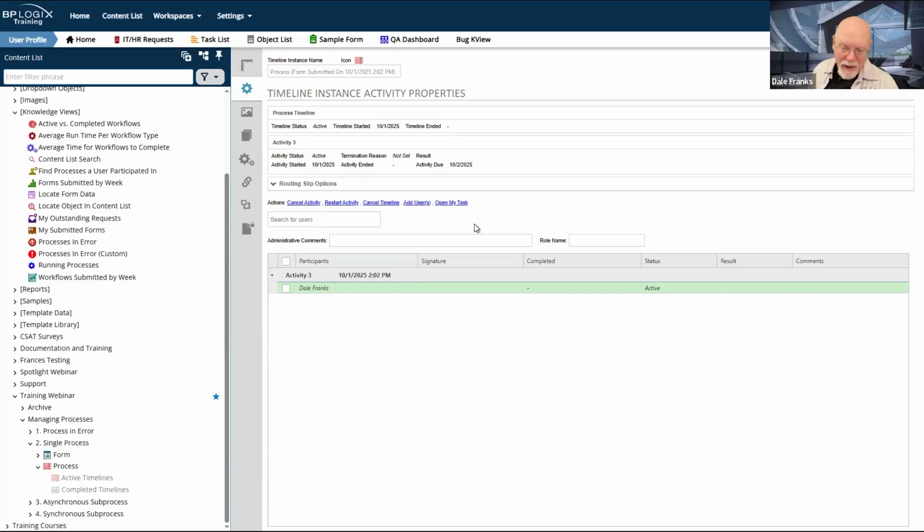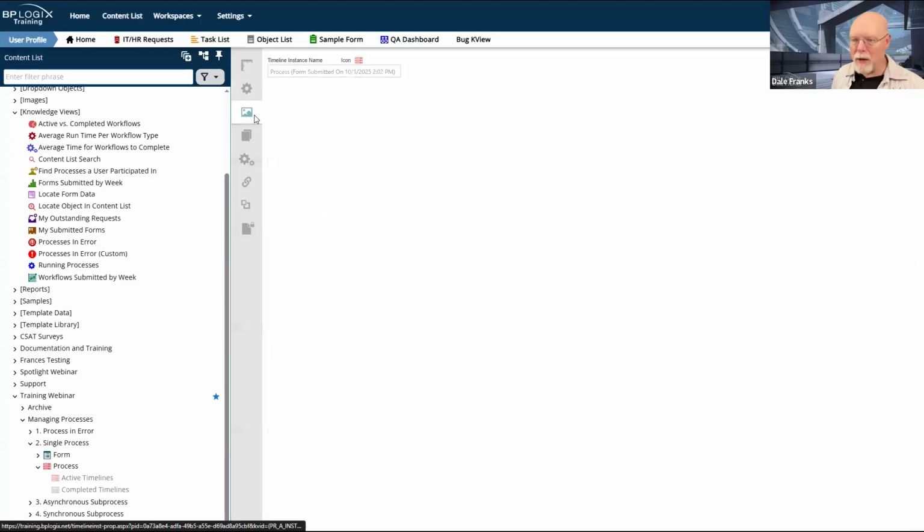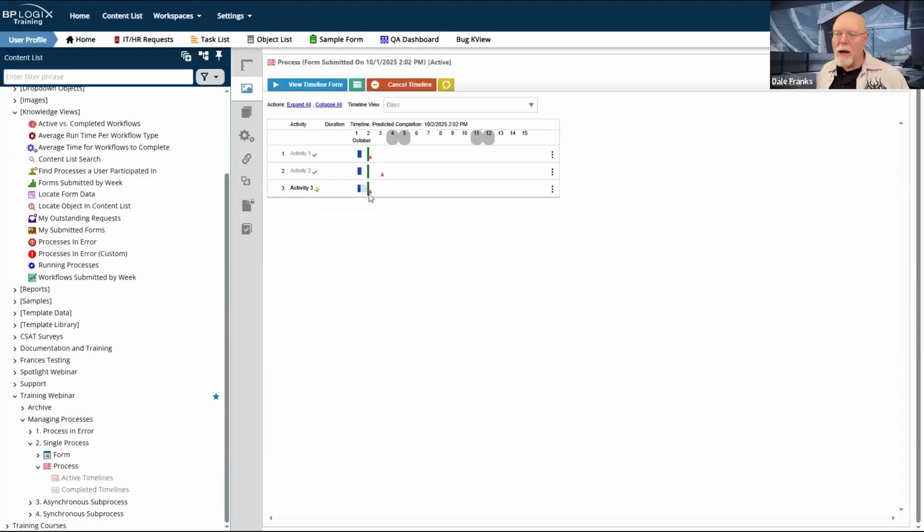So even in a case where you have a huge tooltip and it can't all be displayed on the screen, you will be able to open up the Instance Activity Properties and you will be able to see any error for that activity. We'll come back here in a minute. For now, let's go back here and let's talk about what happens whenever you right-click on a timeline activity. In this instance, you've got three options: properties, which we'll go back and look at in a sec, cancel this activity, and restart this activity.